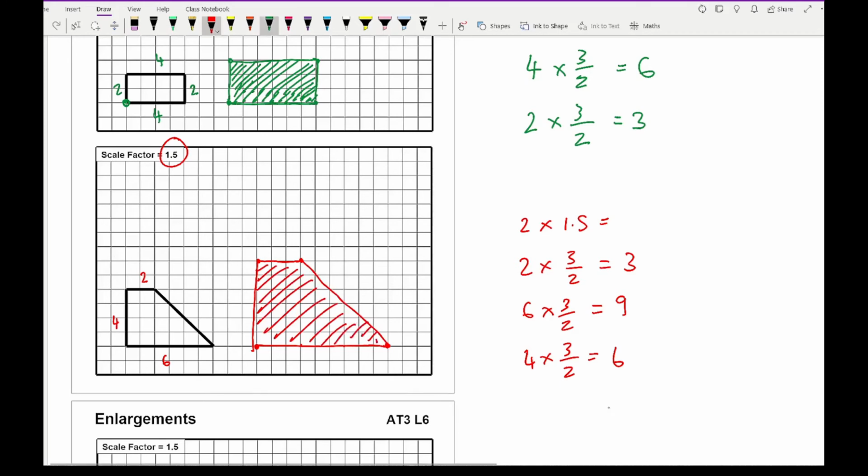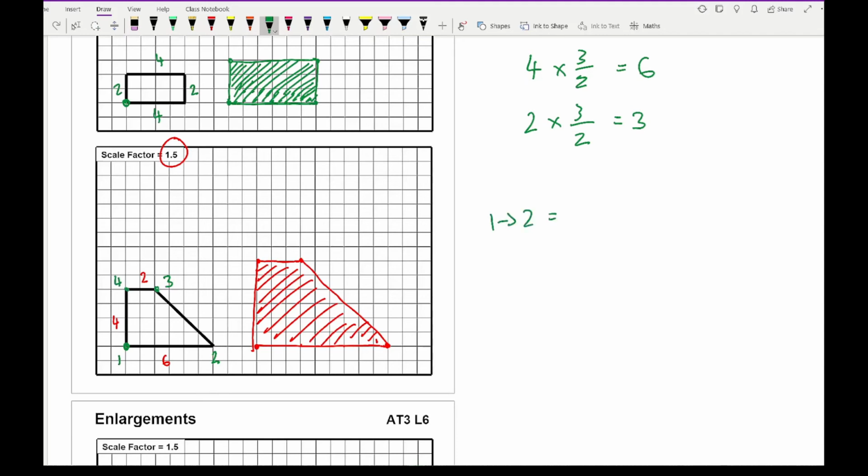Now again, if you're not too great with diagonals, then I strongly recommend that you use the column vectors and use it like a dot to dot. It is very time consuming, and yes, a lot of people can't be bothered to do it, but it might help you. So 1, 2, 3, and 4. So you're going from 1 to 2. Well, that's going to be a column vector of 6, 0. 2 to 3 is minus 4, 4. And 3 to 4